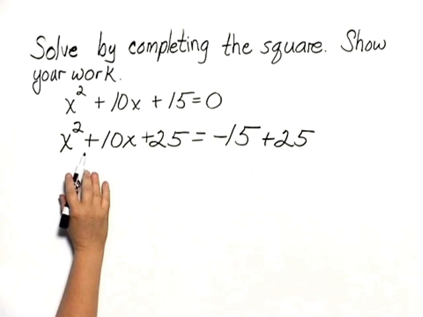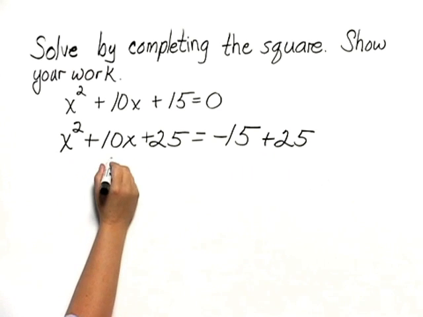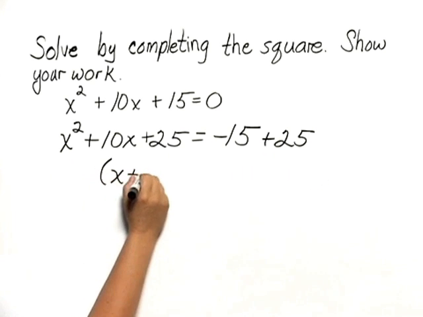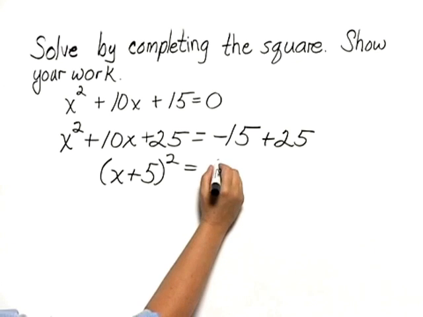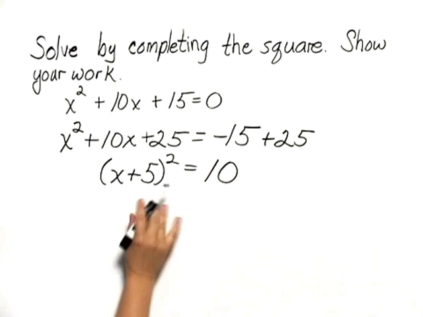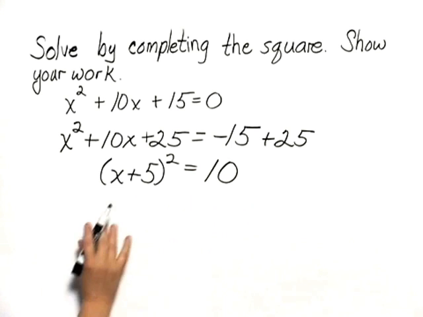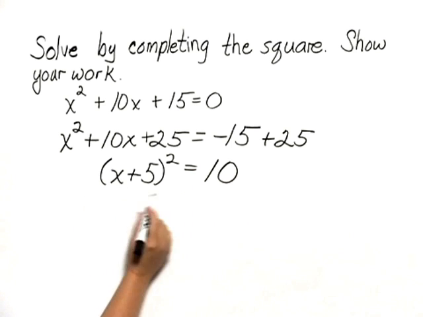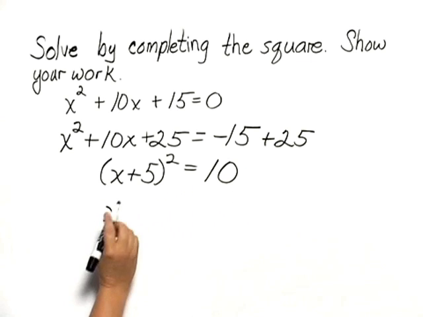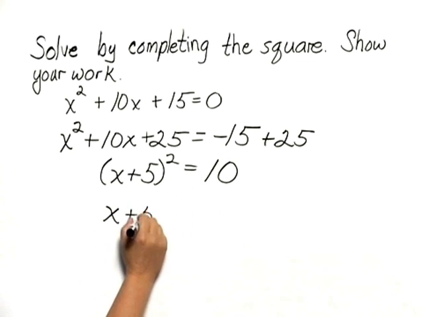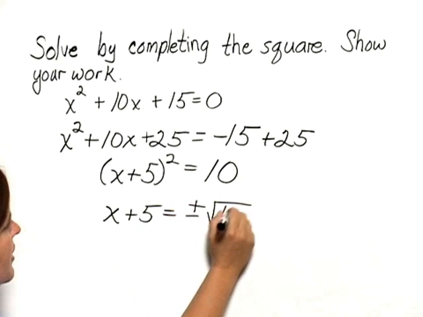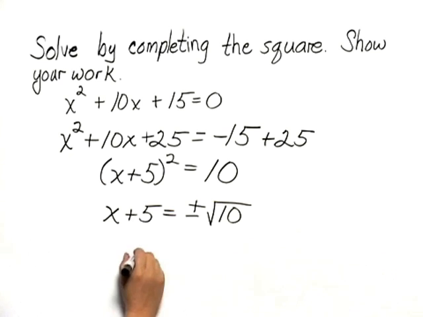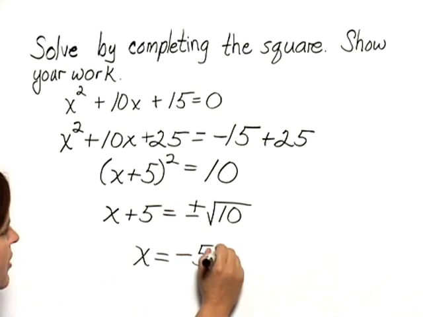Now, I've basically completed the square because at this point I can write this as a square of a binomial, x plus 5 squared. And if I add together on this side, I get 10. Now, once it's written in this form, we can solve by taking the square root of both sides. Using the principle of square roots, we get x plus 5 equals plus or minus the square root of 10. And so adding negative 5 to both sides, x equals negative 5 plus or minus the